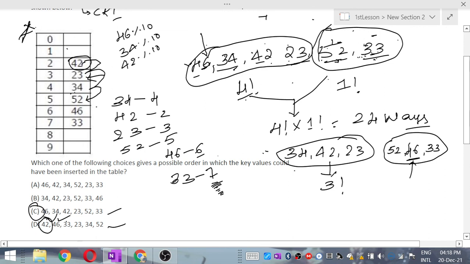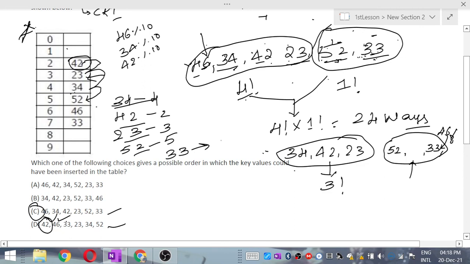One more question might be in your mind: why can't we keep 46 here? What happens if we keep 46 here? See, 34 and 42 will be unaffected, 23 will also be unaffected, 52 also unaffected. After 52 we try to insert 33.